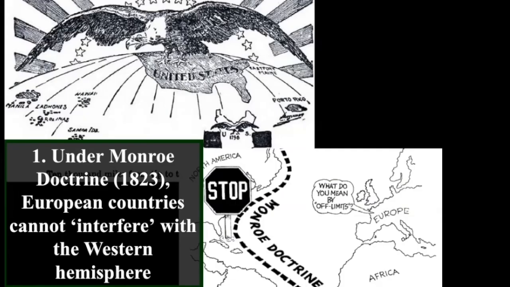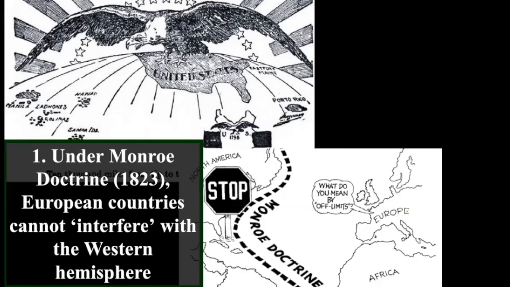Now, prior to those wars in Manifest Destiny, the Monroe Doctrine is going to be established in 1823, which tells European countries, hey, stay out of the Western Hemisphere. Y'all can't colonize over here. This is our territory. So Europe then is going to turn to Africa and Asia instead.